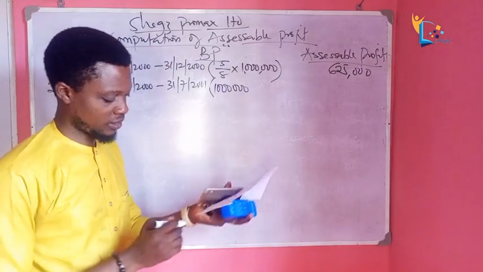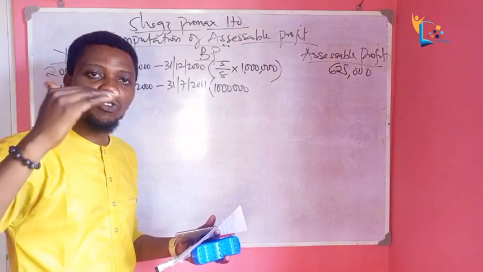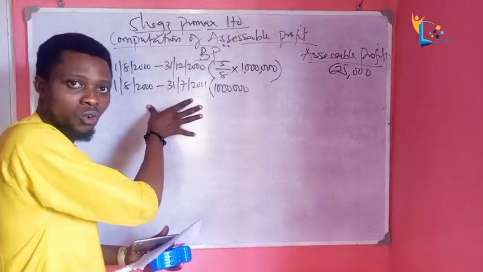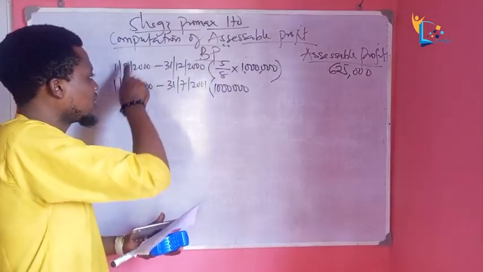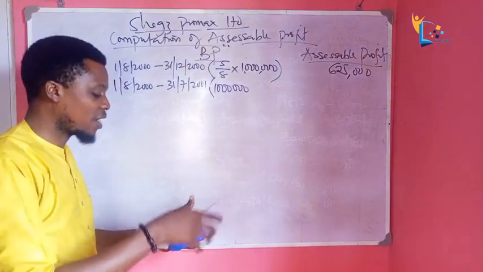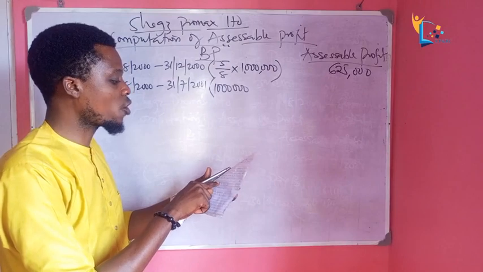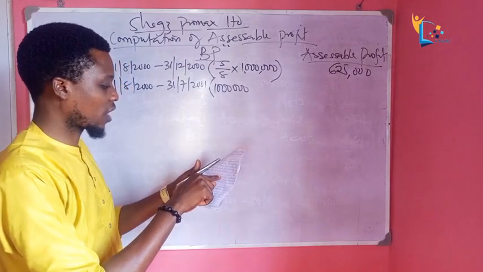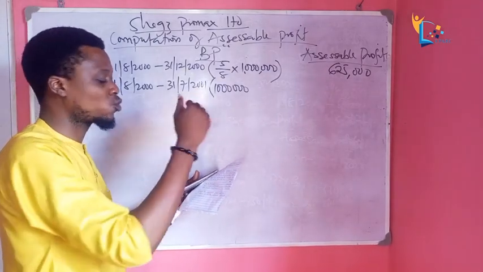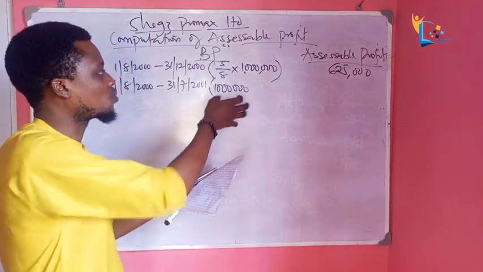Do you understand it? Let me explain better. Now, the second rule says date of commencement to the next 12 months, right? That's the second rule. Now we are applying that second rule here. Date of commencement to the next 12 months is 31st July 2001. Now, from our question here, we have year ended, period to 31st March 2001, and this period here is 31st July 2001. So March is before July. So the period to 31st March 2001 is 1 million.